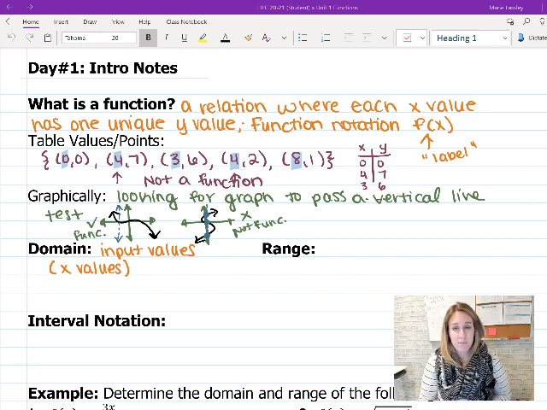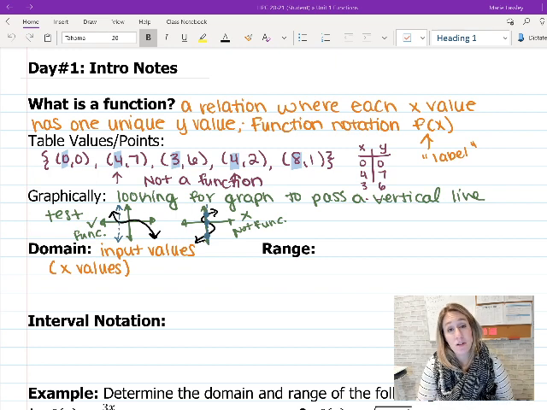Now, when we're writing our domain, the easiest thing to do to figure out what your domain is going to be for your function